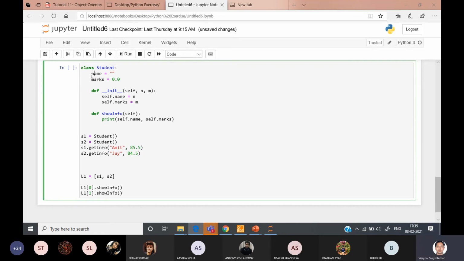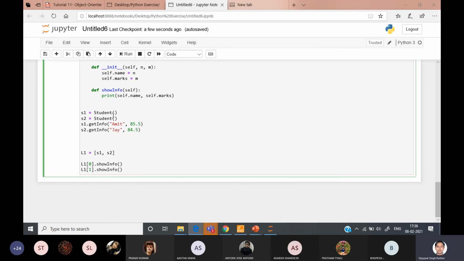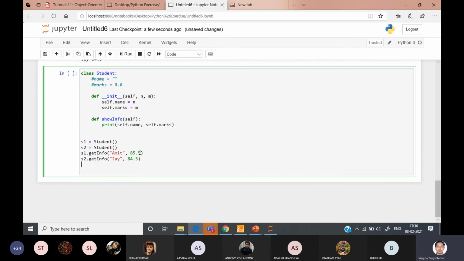ठीक है, we have not provided any initial value. So whatever the value we are providing here while creating the object, whenever we are calling this student, in this case we need to pass one argument or two arguments that we have defined in the init function.